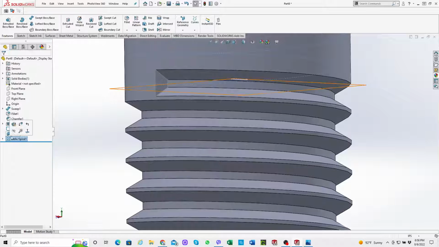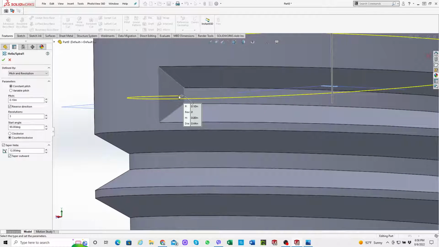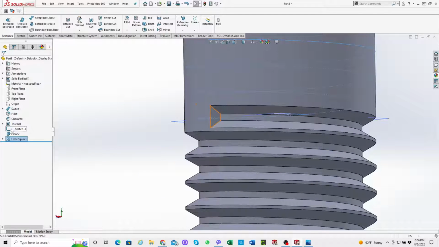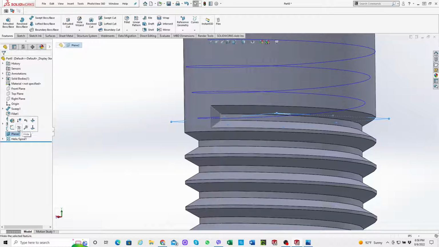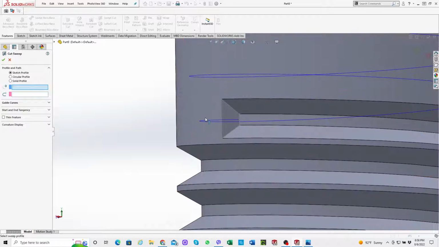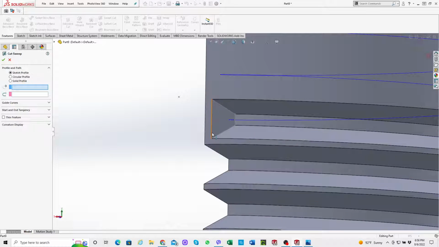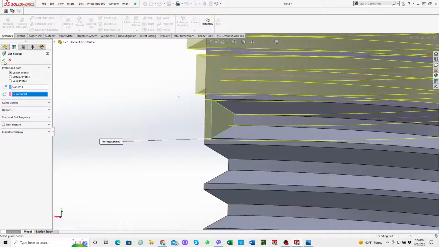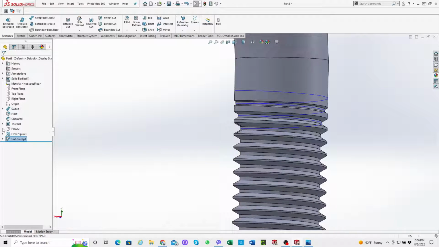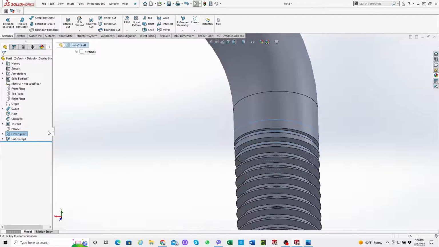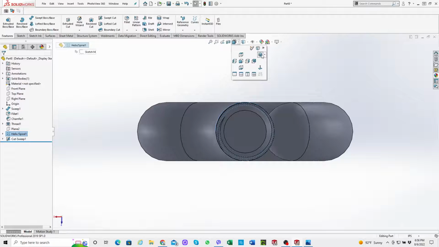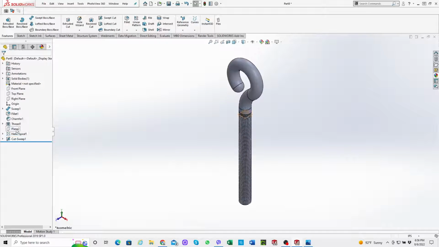I need to match this point to the bottom of the thread. Click OK. I'm going to hide the plane. And then I'm going to go to swept cut. I'm clicking the profile, and then I'm clicking the path, which is helix. Click OK. I'm hiding the helix. Now I have the fully formed